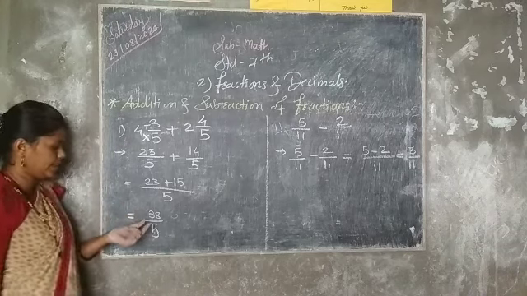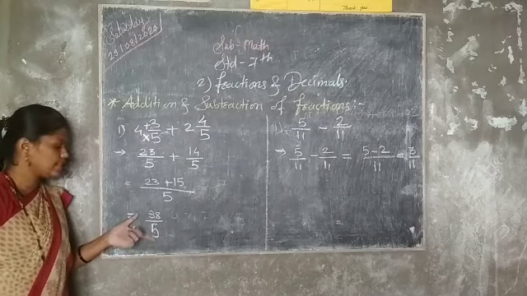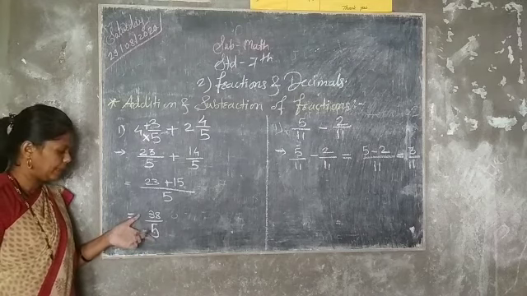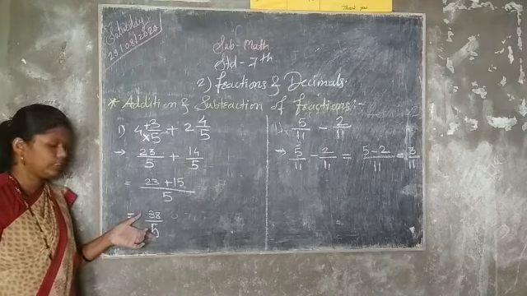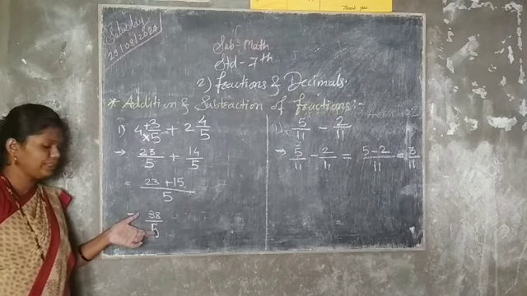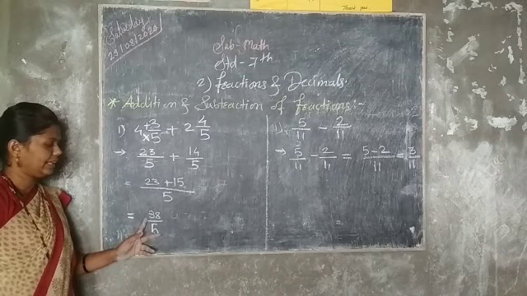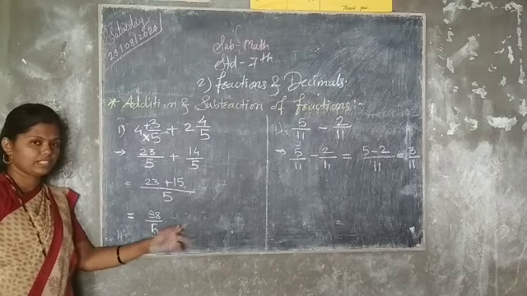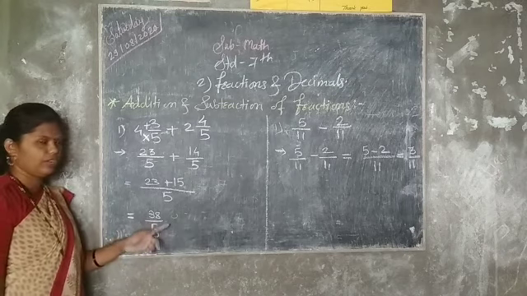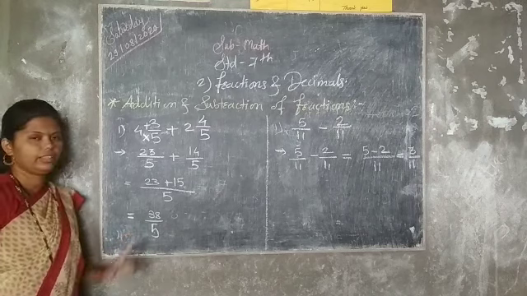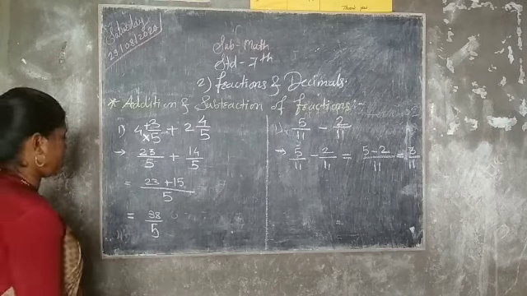Here, your numerator is 38 and denominator is 5. You can't simplify those numbers, okay? But suppose whatever the answer, if you can simplify, that means if you can write their smallest equivalent fractions, that also you have learned already. Equivalent fractions means you have to write the answer in that simple fraction.